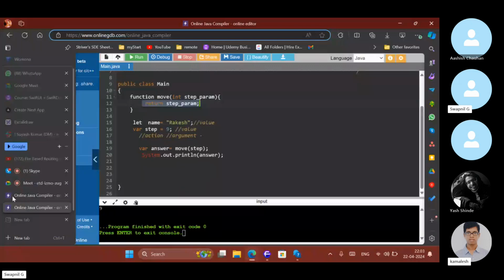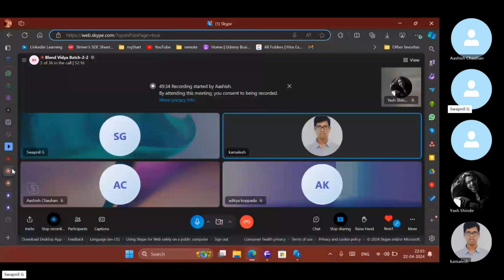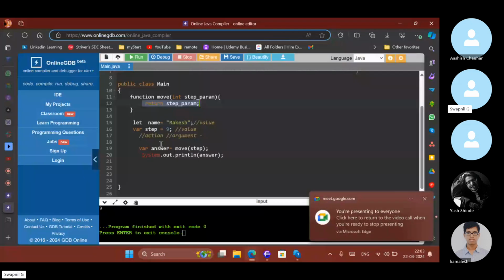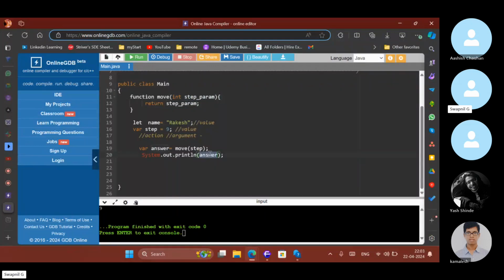People on the meet. Answer of the function is what? The return statement, right? Yeah, okay, great. And which is the actual value, this parameter or this argument? Which is the real value, parameter or argument?